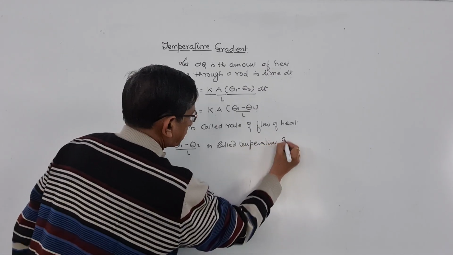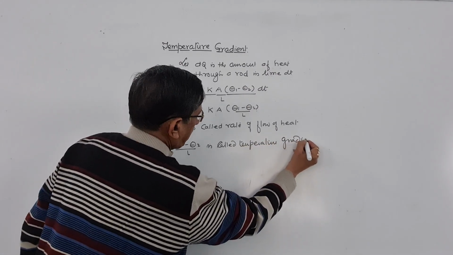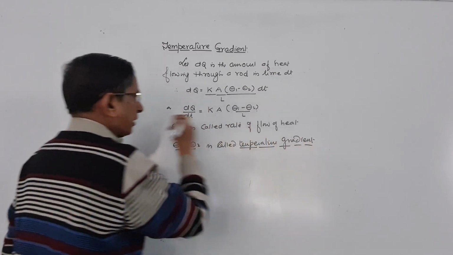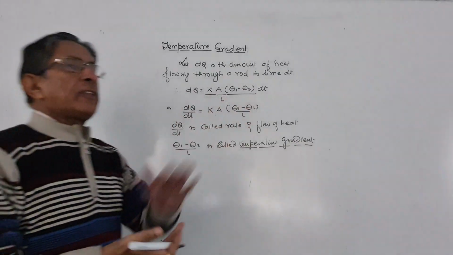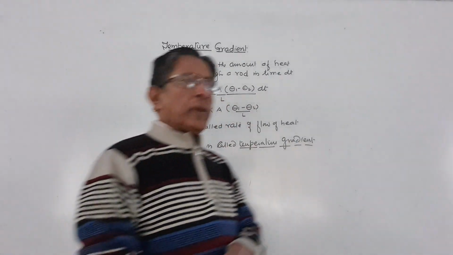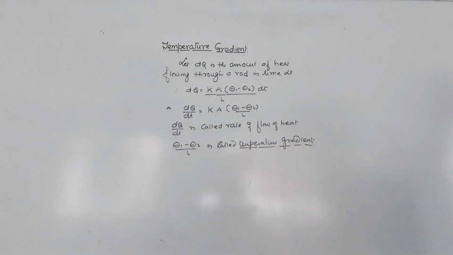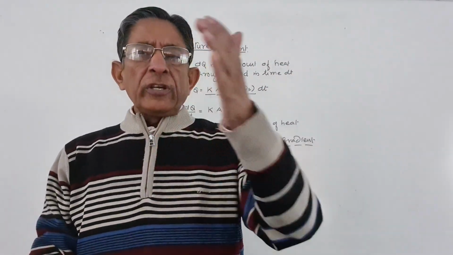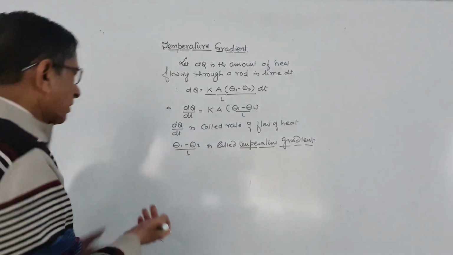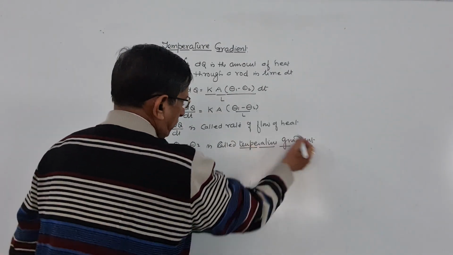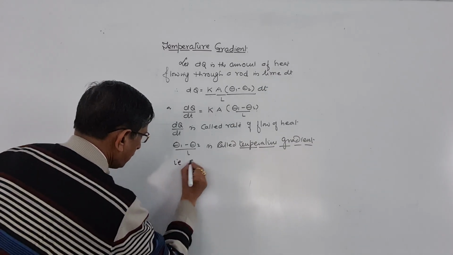temperature gradient. What is the meaning of temperature gradient? The rate of fall of temperature with length. Theta 1 minus theta 2 is the change in temperature, upon length. So temperature upon length means change in temperature per unit length. So (theta 1 minus theta 2) upon L is called temperature gradient, that is